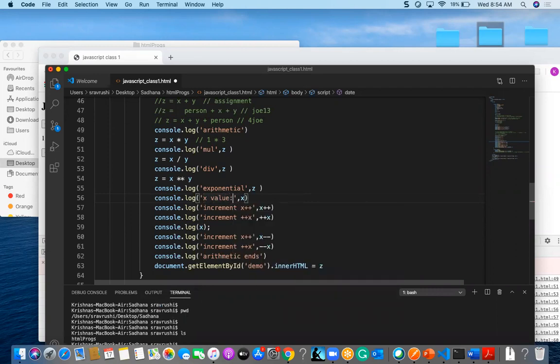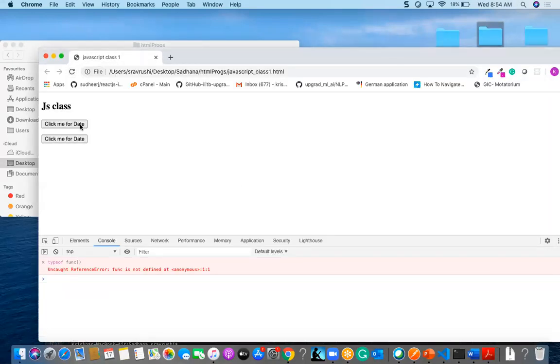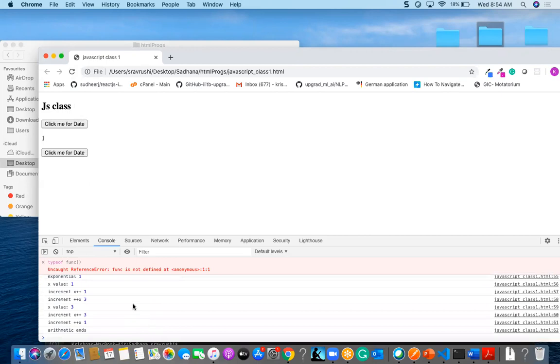So the x value is 1, and if I increment that value, it will become 2, and if we increment further, it will become 3.